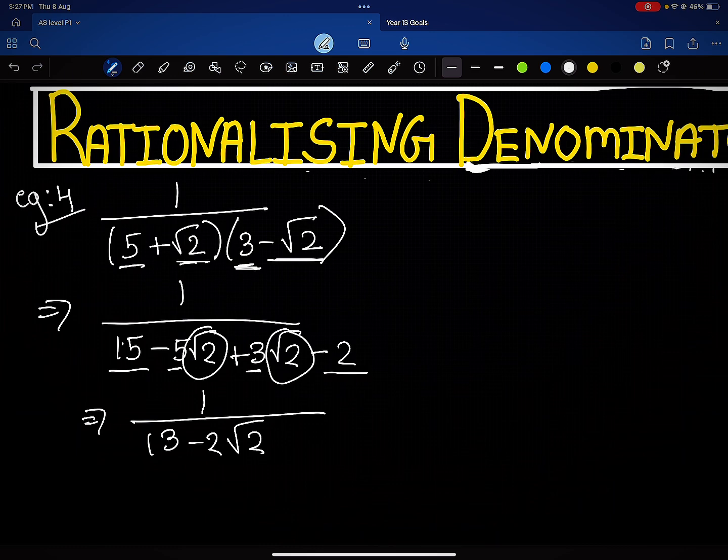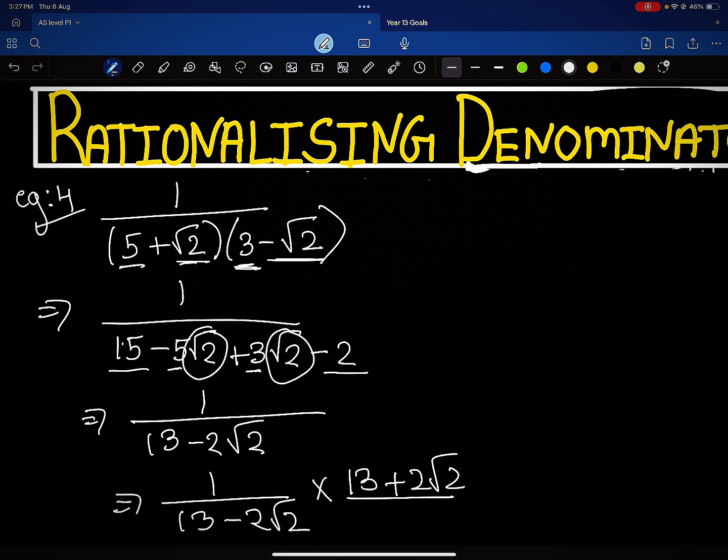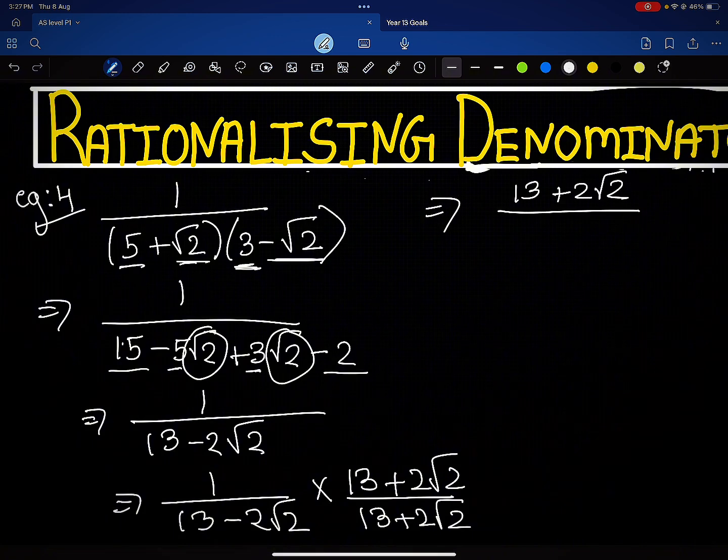So what I'm gonna do is write this thing again, which is 1 over 13 minus 2 root 2, times 13 plus 2 root 2 over 13 plus 2 root 2. If I solve this further, in the numerator I'll have 13 plus 2 root 2, whereas in the denominator I can go ahead and